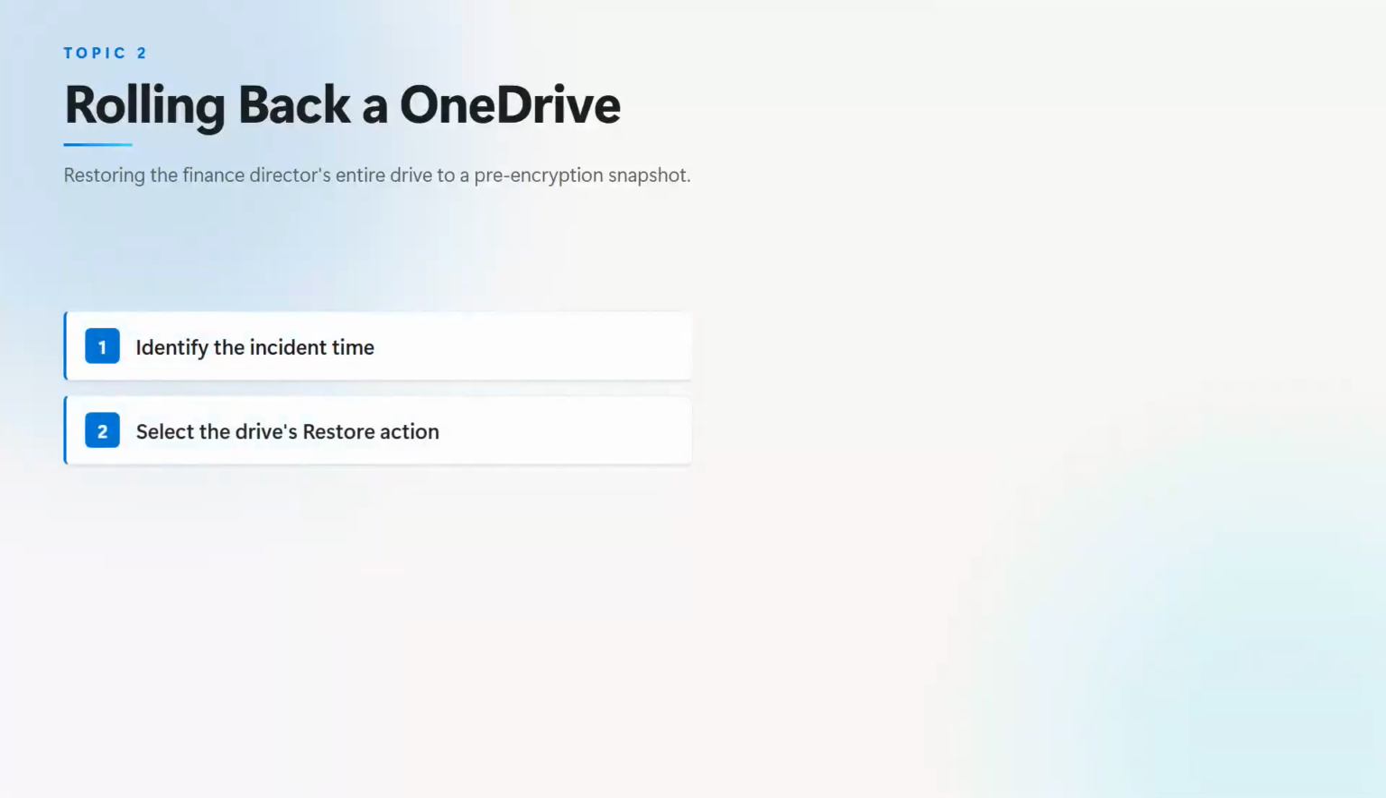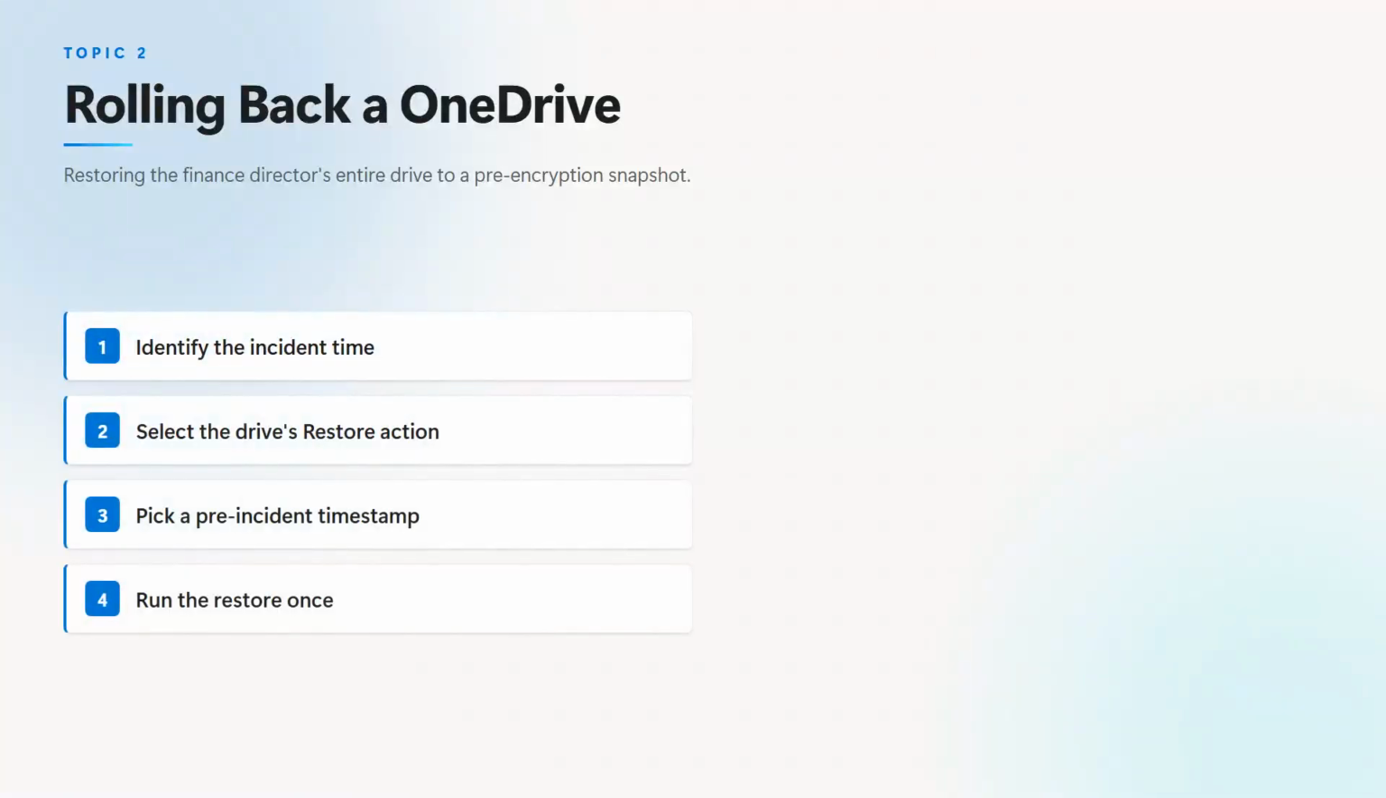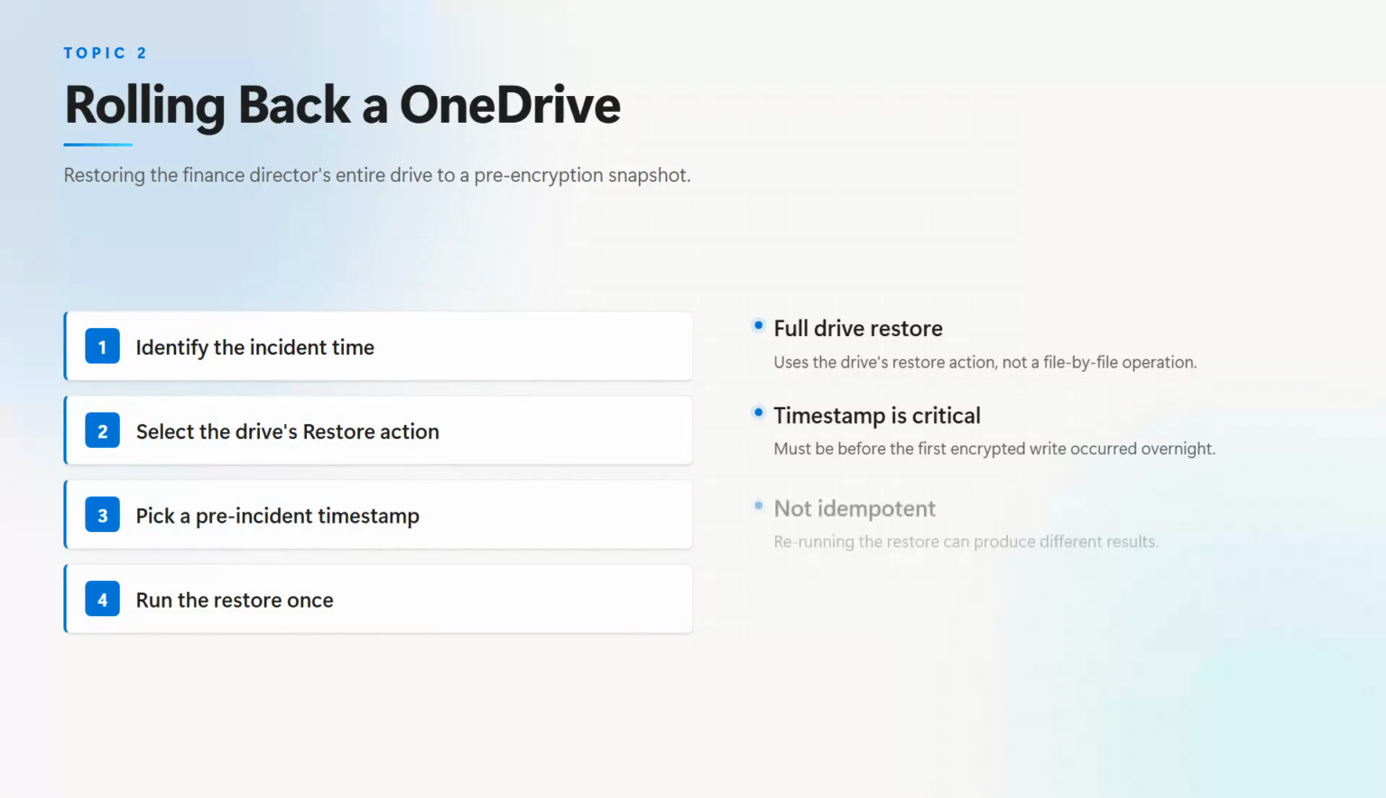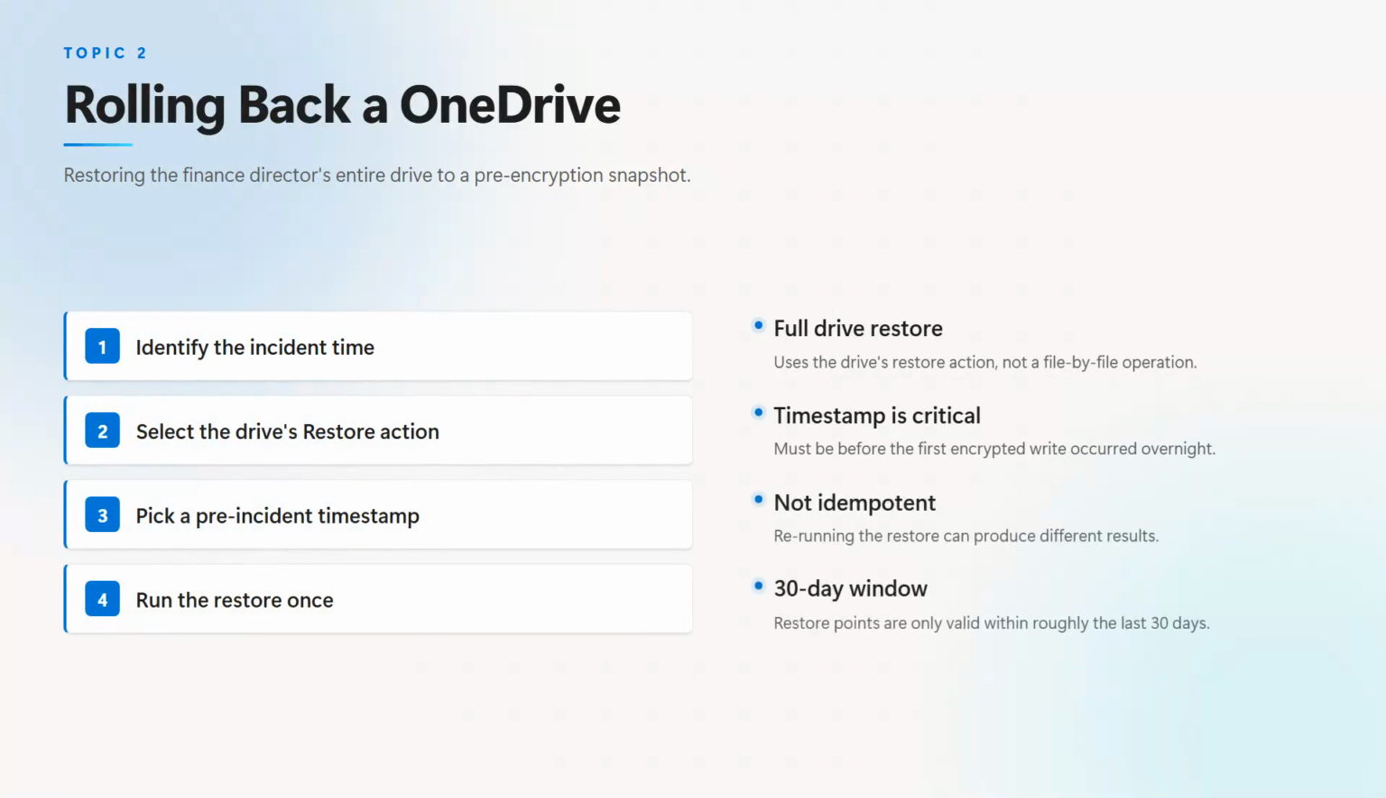When ransomware encrypts most files in a OneDrive, restoring one by one isn't practical. Instead, we roll the entire drive back to a point-in-time snapshot using the drive's restore action. This isn't a preview, it rewrites the live drive state, so the timestamp must be provably before the incident. The operation is also not idempotent, running it twice can produce a different result because the already restored state becomes the new baseline. In this lab, you'll fire the restore and then watch for a 202 accepted, which means the